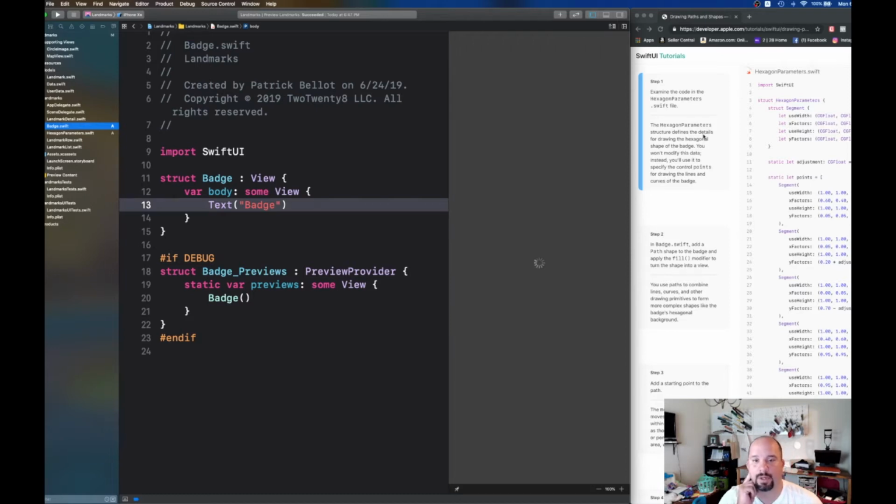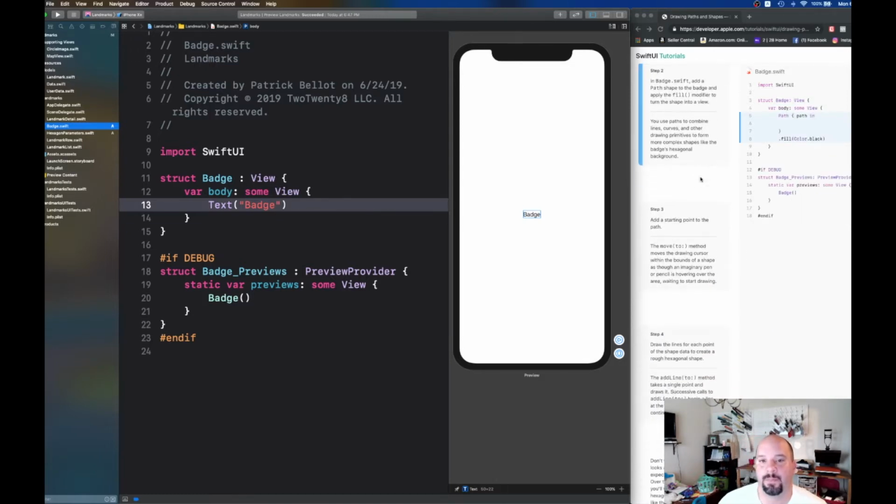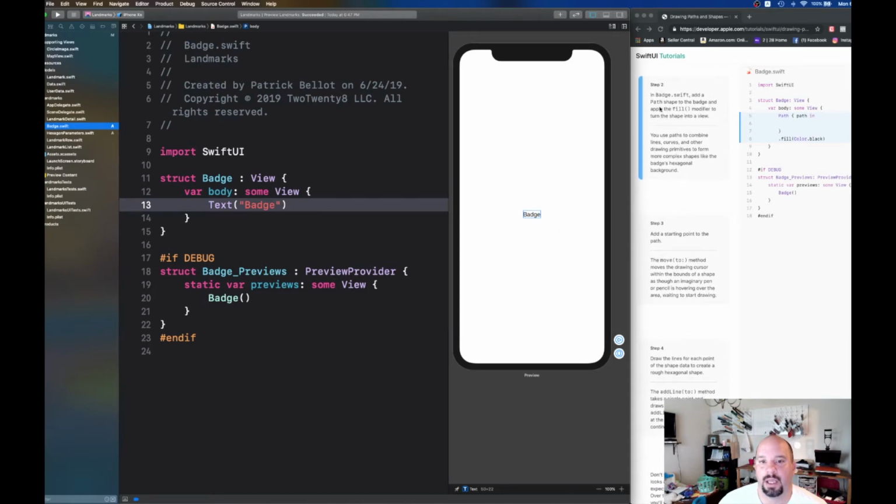Okay, so we're going to read the steps. Examine the code in the hexagon parameters.swift file. The hexagon parameter structure defines the details for drawing a hexagonal shape of the badge. You won't modify this data. Instead, you use it to specify control points for drawing lines and curves. So in essence, it's a helper file. So step 2, we're going to go into badge.swift, which we're here now,